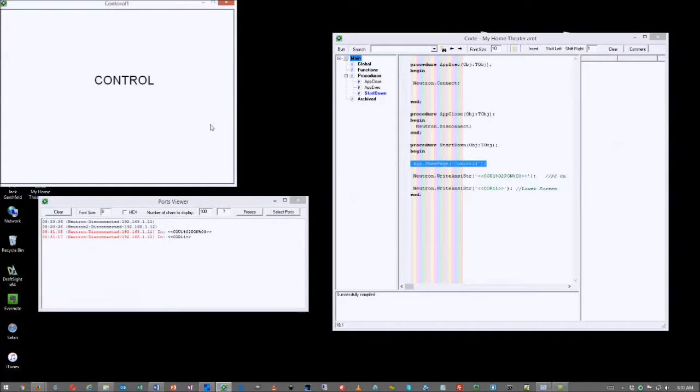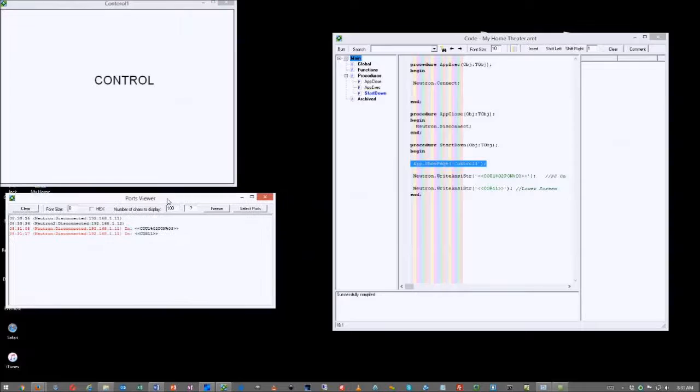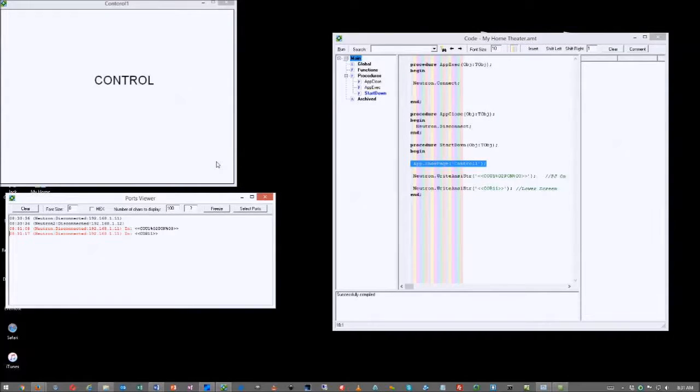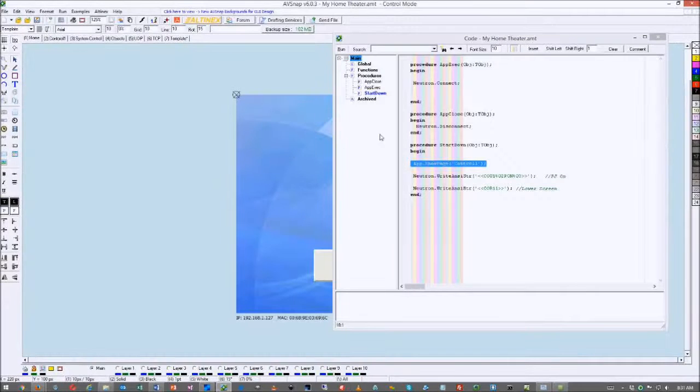So you have a full design environment and full control, and compiling occurs instantaneously. So you don't have to wait for anything. You just do your code, run it, modify the code, run it, adjust it, whatever needs to be done. Okay, let's go ahead and exit from this,